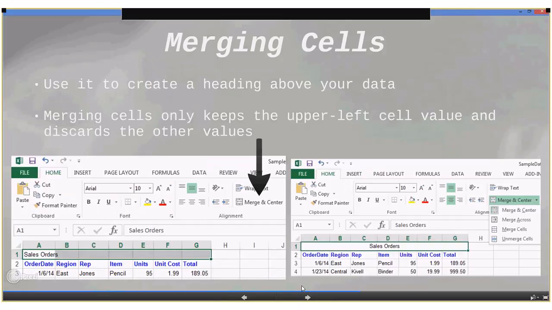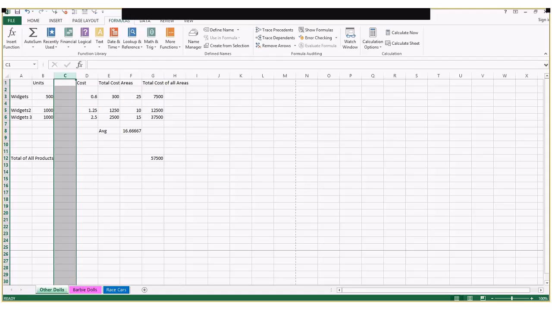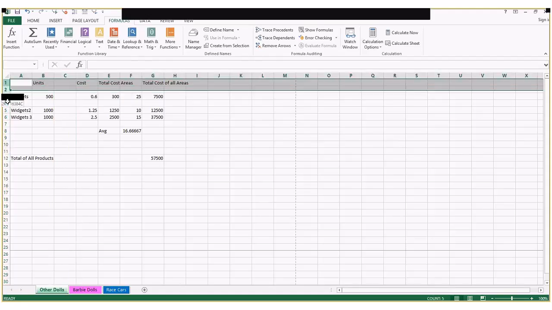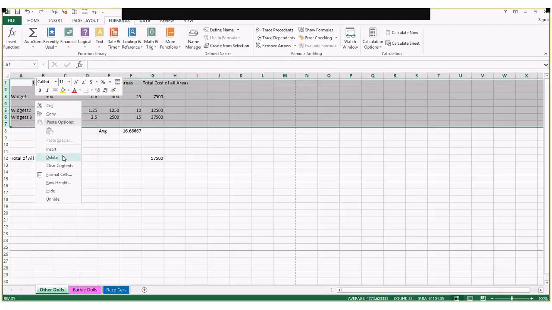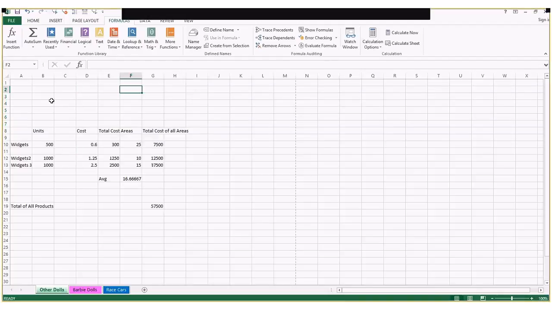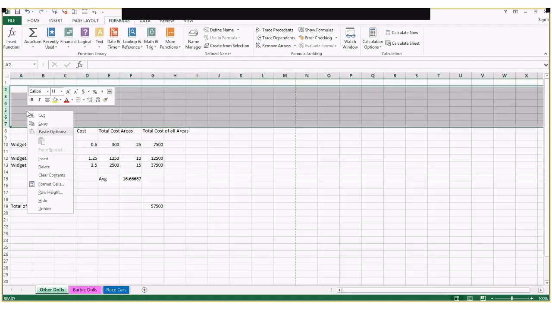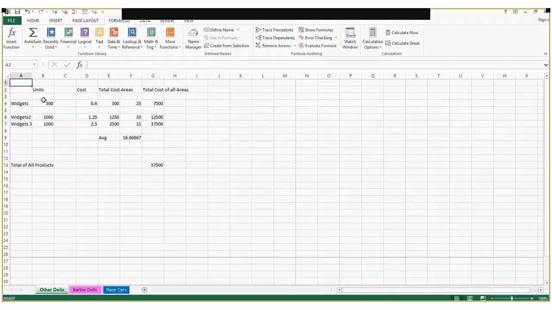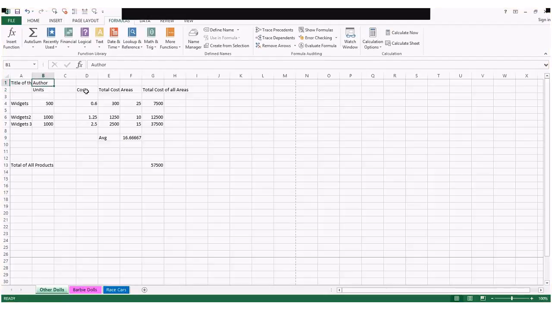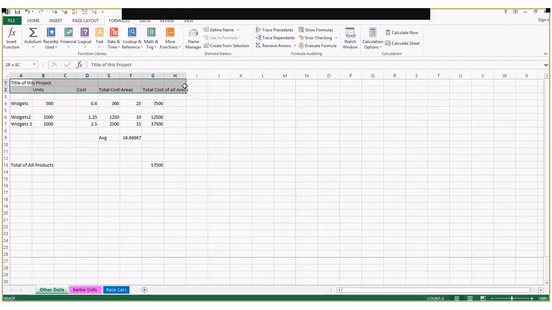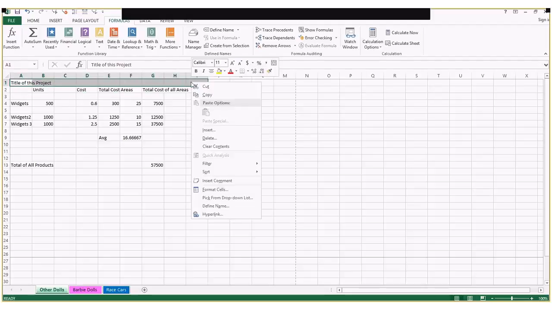Moving on, merging cells. Say, for example, you're creating a sheet and you want to put all the cells into one. Say I decide that I want to add a title to this. I didn't need all those rows, so I'll delete all but one. If I start typing here, title of this project, it'll stay in that cell. So when I go to type in the next cell, author, you're not going to see that. Say instead I wanted to make it span all the way across. You have the ability to what's called merge the cells. So you right click on it,